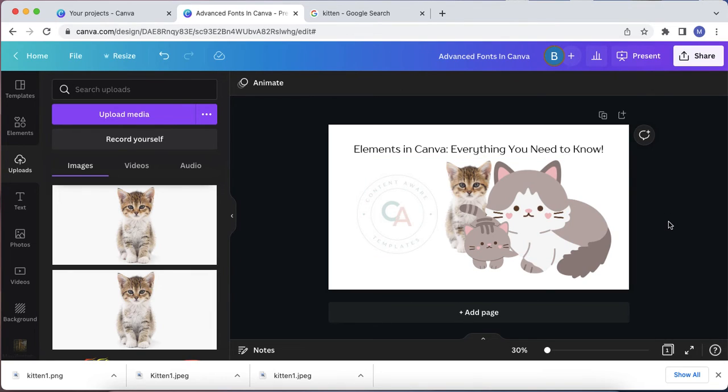And there you go. So we learned how to add elements, use the search bar, narrow down our searches with the qualifiers, move, resize, flip, edit, recolor, reposition, and upload elements to use in Canva. And that is just about everything I can think of that you would need to know